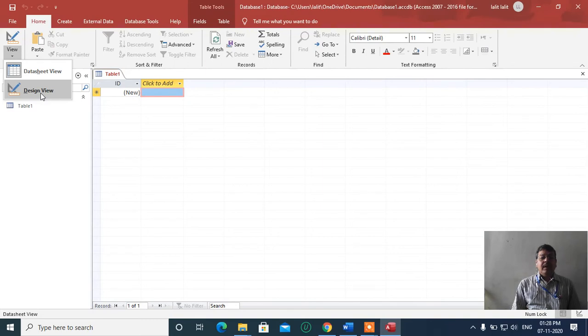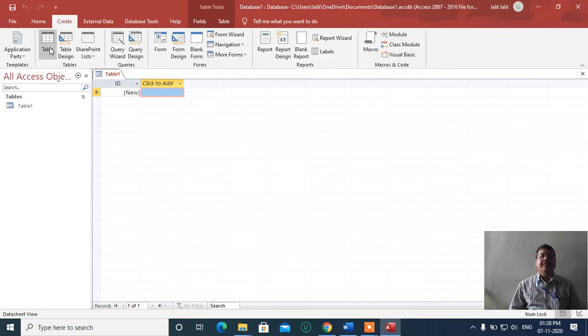So I have no table. So the first time we have to click on either design view, or click on the create button and then the table option.